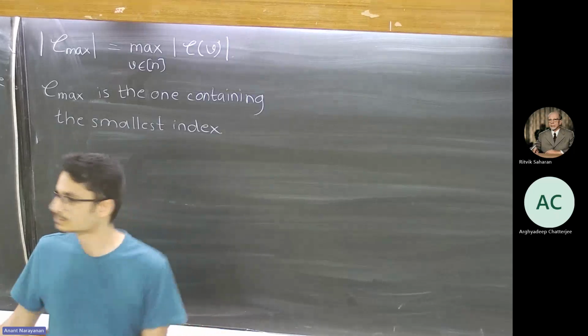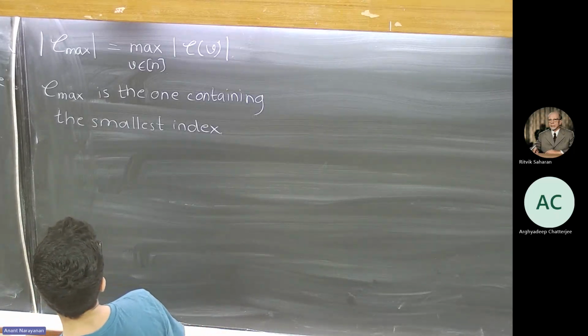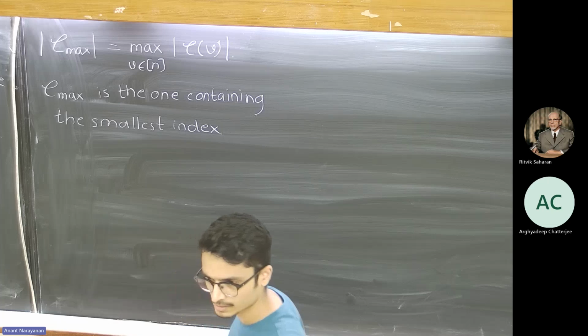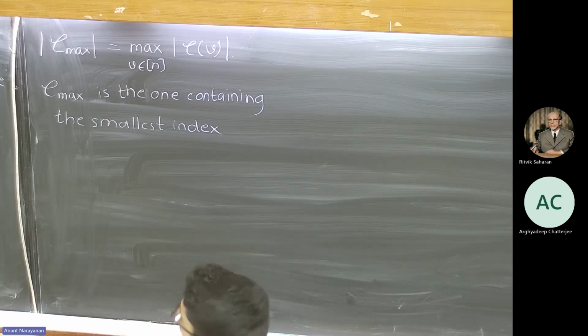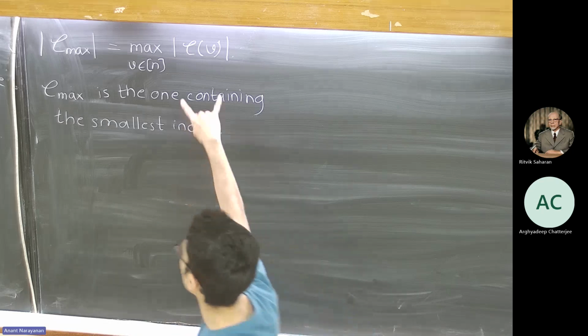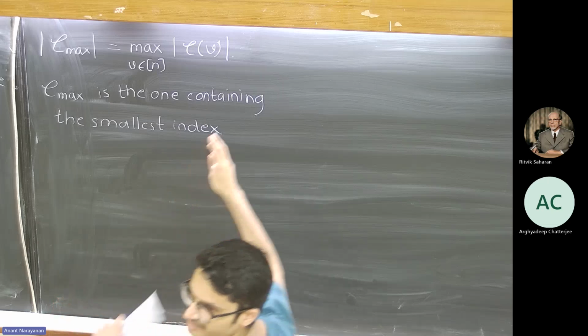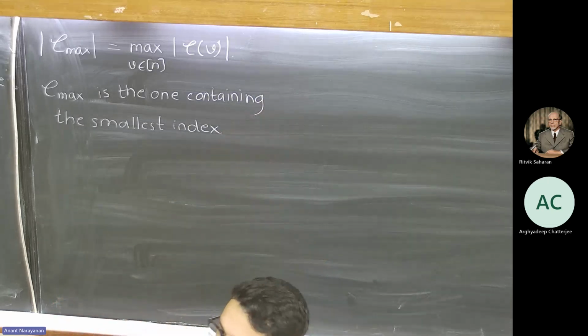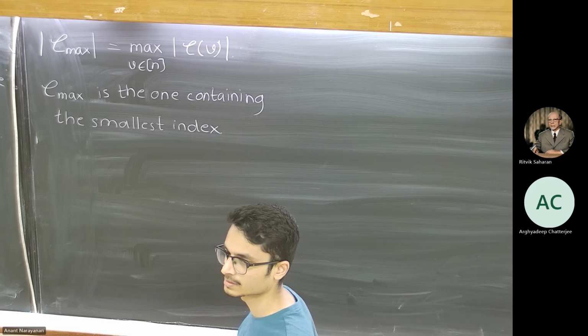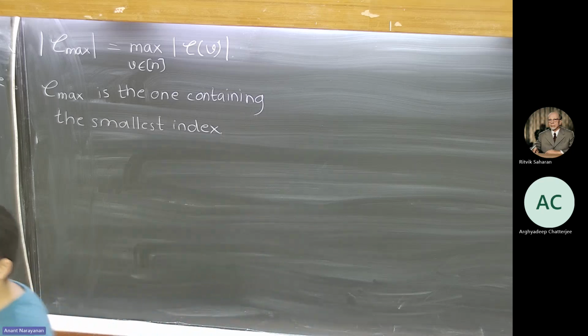Now, the modulus should be outside of the max. Max should be inside. The condition is just defining this to be the size of the set, so that is a set. Maximum on those sizes, there will be a set of numbers, the maximum amount. This is just to make the largest component unique in some sense. Cmax is a number, and mod Cmax is a number. Cmax is the set. I should have defined this the first time.